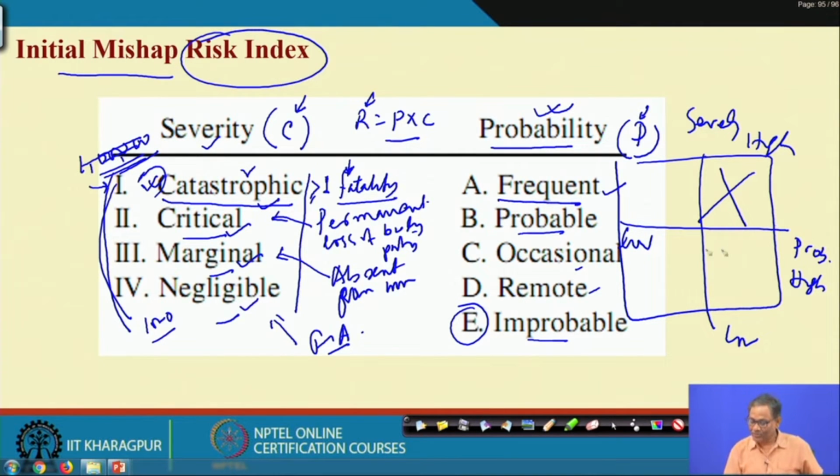Then here probability is low, severity is high, it may be there. So, that means probability low, severity high. So, your severity must be reduced; your prevention measure will be severity oriented here. Now, probability and severity both low, this is the most desirable one,